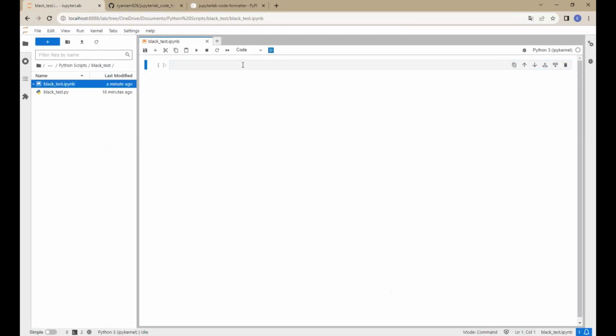In case you didn't know, when you type an exclamation mark inside of a Jupyter Lab or Jupyter Notebook, it becomes like a CLI, like a terminal. I had it copied here: Jupyter Lab code formatter. So, pip install